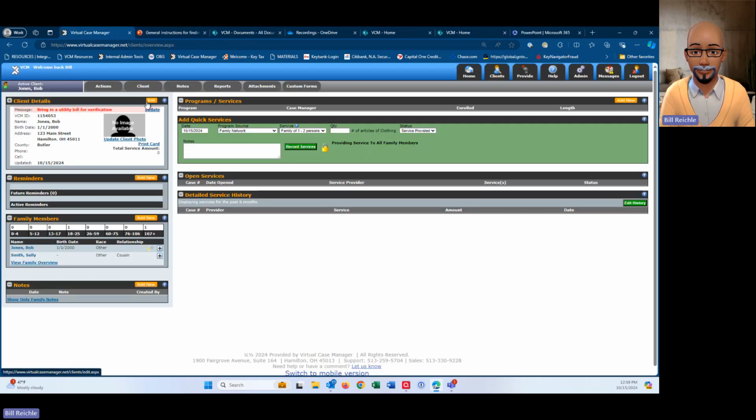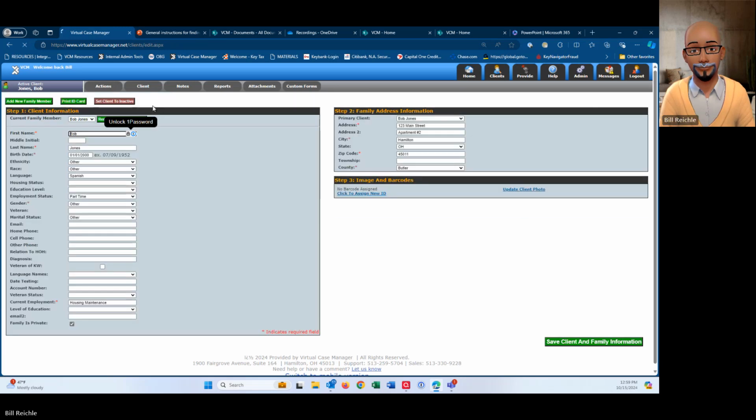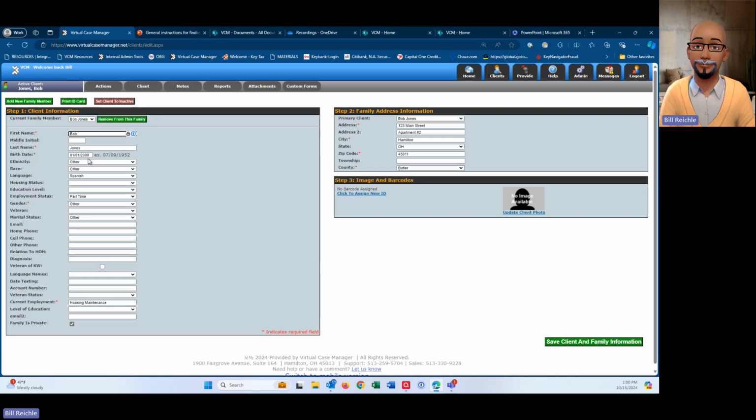Now, if I click this button right here, this is an edit button, it will bring up the form that was originally used to register this client. It's got their name and their birthday, but every time a client comes in, you should always check to make sure that the information that you need is up to date. For example,